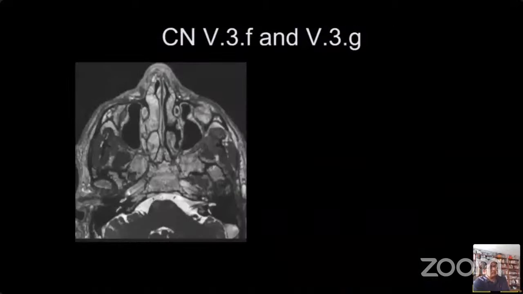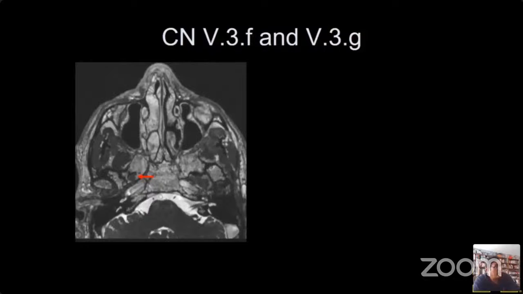And now let's look at the extracranial portion of the fifth cranial nerve. And you can see that very well. The fifth cranial nerve, and especially V3, is the only cranial nerve that you can visualize on a normal routine MRI study, even when it is normal. When there is a tumor, a lesion, or abnormal enhancement, you can always see it. But even when it is normal, V3 is the only cranial nerve that you can see and admire and trace